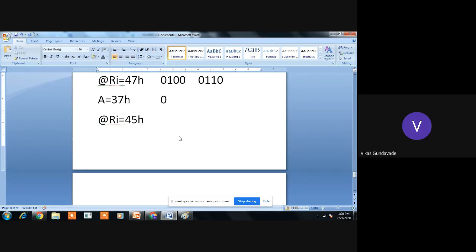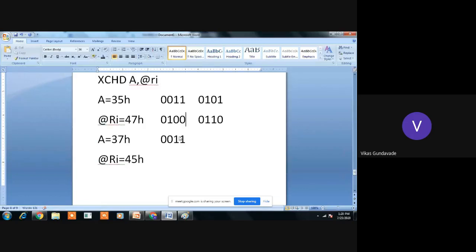So the representation will be like this: 0, 0, 1, 1, then 0, 1, 1, 1 for the accumulator, and for the memory location the contents will be 0, 1, 0, 0 and 0, 1, 0, 1.